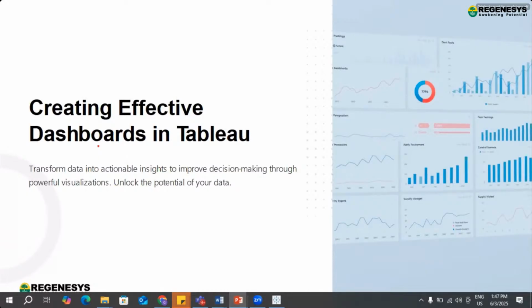So for transforming your data into actionable insights and to make decisions on that, you can use the dashboards. Okay, so why we are doing it, we have a wonderful term that is decision making. Why is this visualization required? Yes, of course, for decision making.